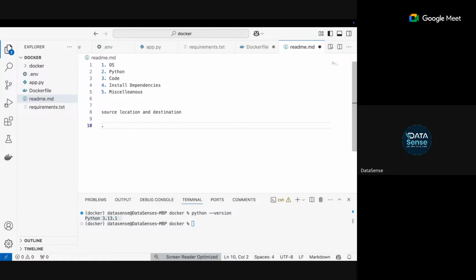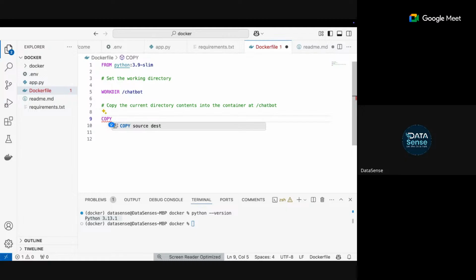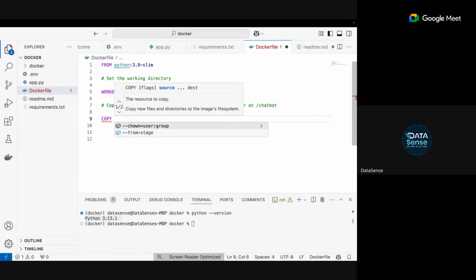Okay. And what is my destination? Destination, I created chatbot. So I will use a copy command, which will copy everything from every file. So let me write it down here. I will use copy, source, destination. Source is dot. What does dot mean?